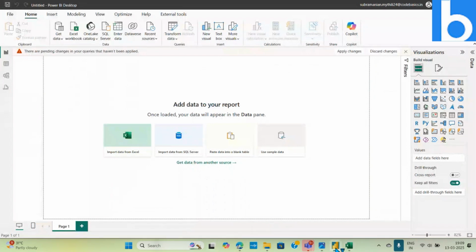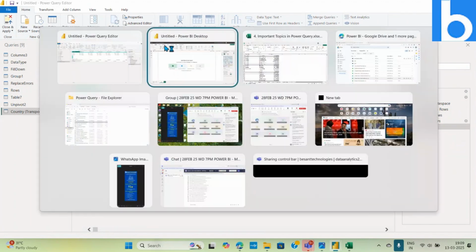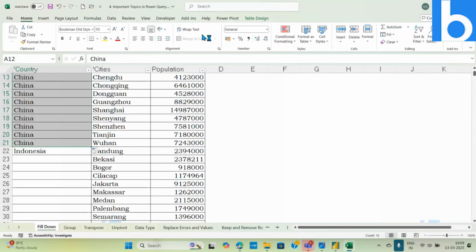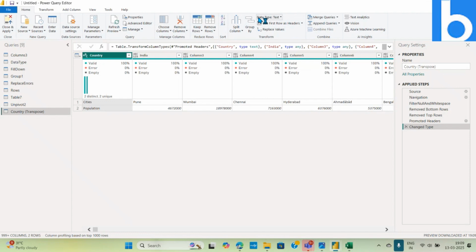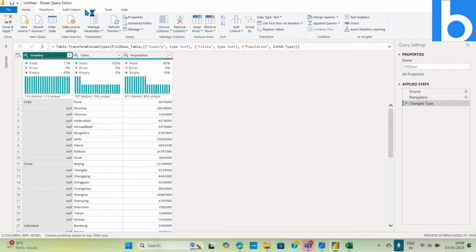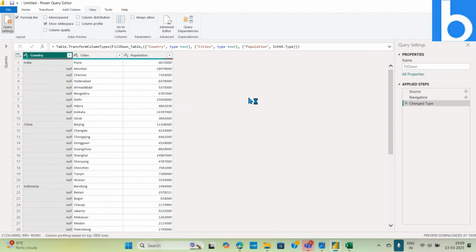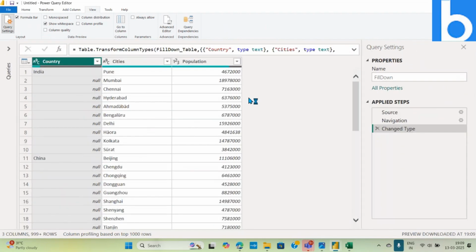With Power Query, it becomes easy. What's the name of it? Fill down, right? Fill down. This one. Is the font visible now? Yeah, Madhuri. As I was telling, the easiest way is to use the fill down